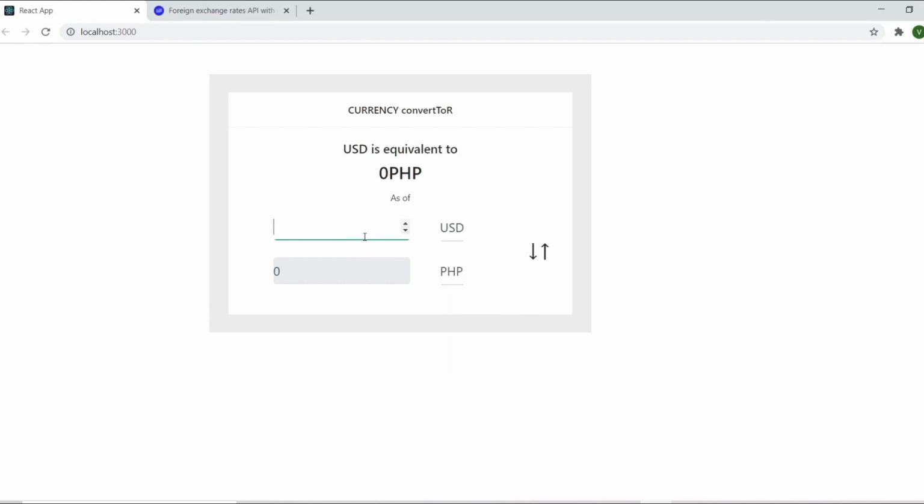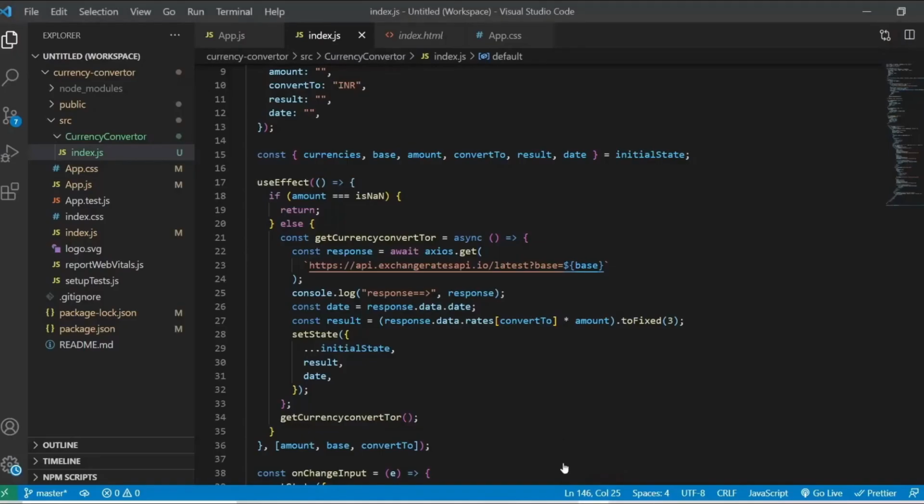So let's give some value here. Now we are getting that value, and now select a value from the drop down. So the second drop down is now working, and the vice versa is also working, and changing the second drop down is also working. So this is working fine now, and we also need some correction here actually.